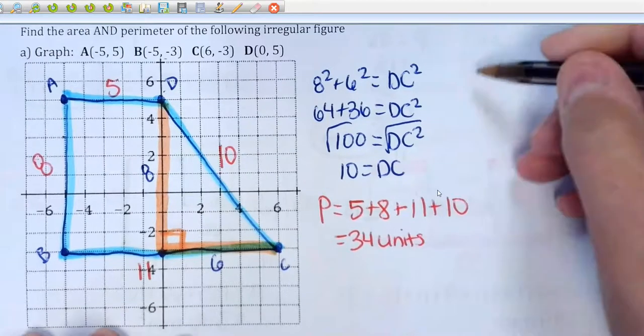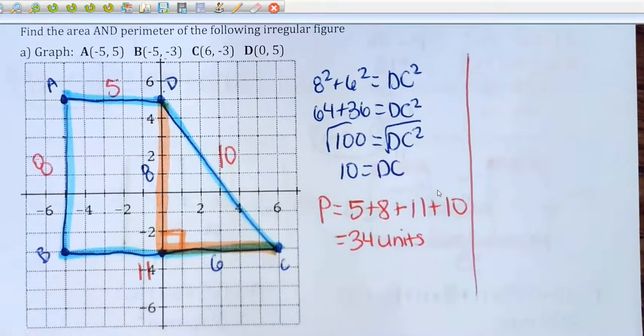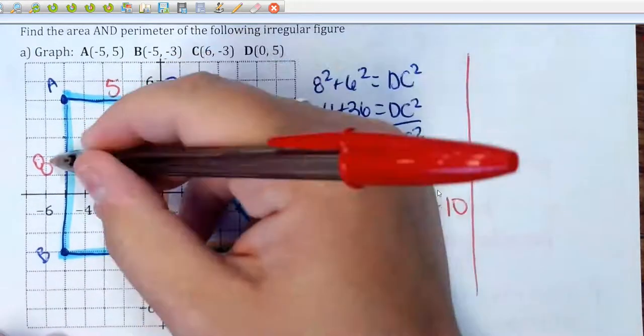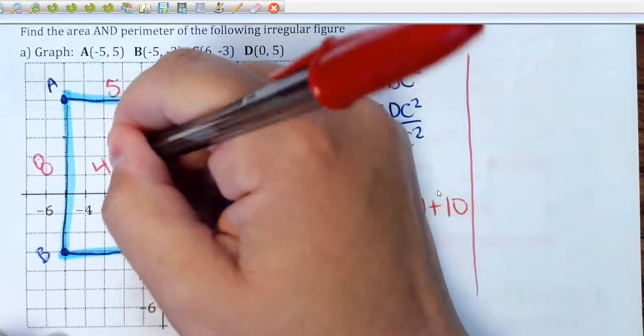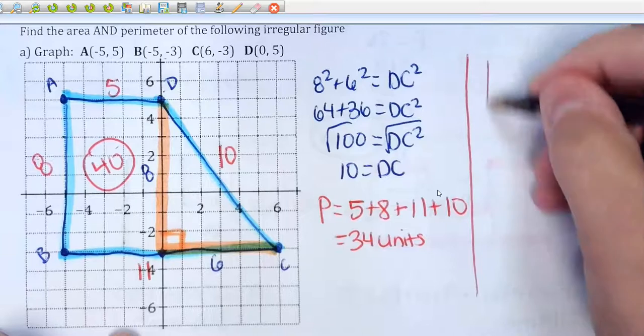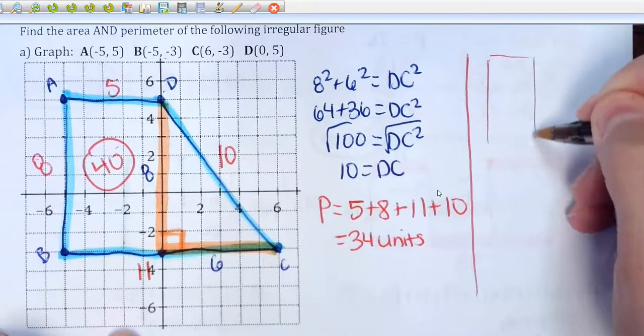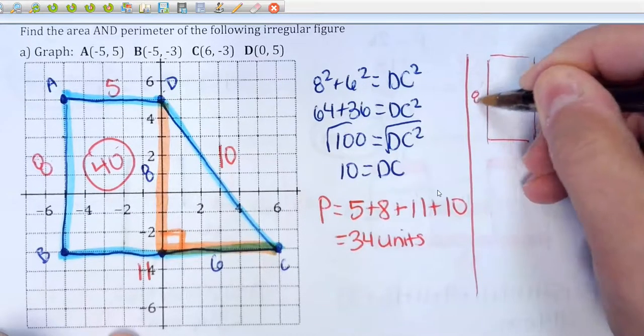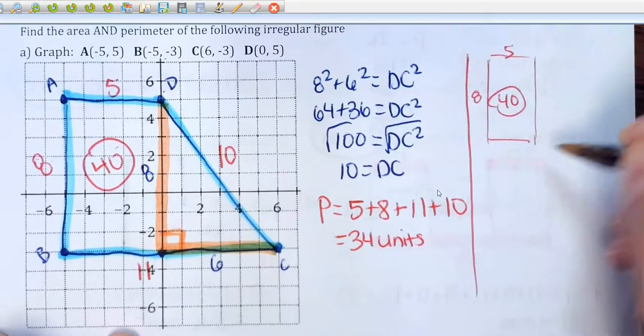And then for your area, what I would do is find the area of the rectangle here. This is just going to be 8 by 5, so this will be 40. And then the area of the triangle, I'll try to draw this separate so you guys can see it. This is 8 by 5, so this was 40 units. And then for the triangle part,